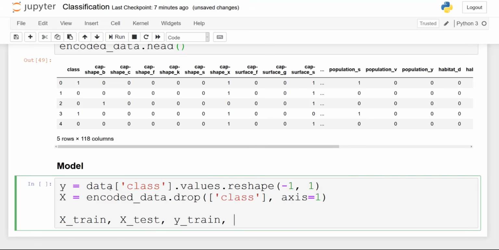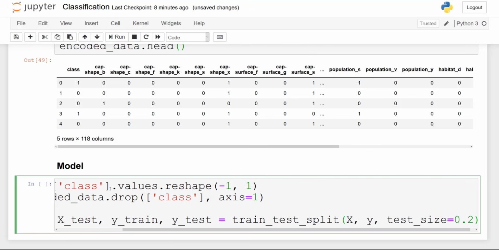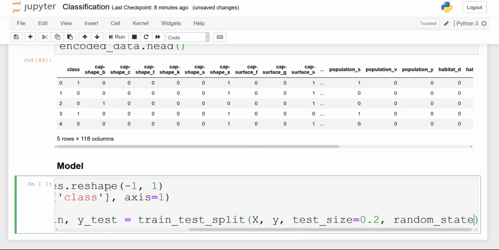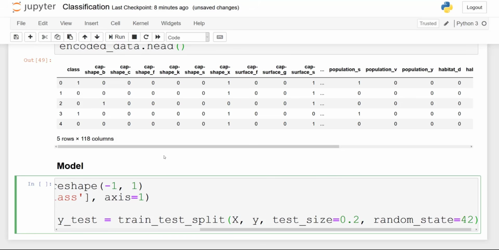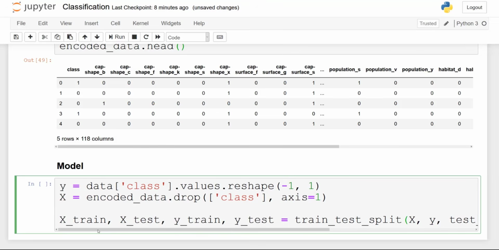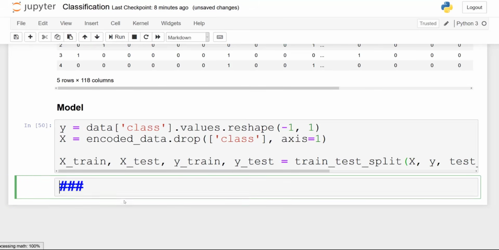So we do x_train, x_test, y_train, y_test equal to the train_test_split that we imported earlier. So you pass in your features, you pass in your target variable, and then you define the size. In this case, I'm going to do 0.2. So 20% of the dataset will be randomly removed to use as a test set. And we're going to use the rest to train. You can set a random state, by the way, to keep the results constant.